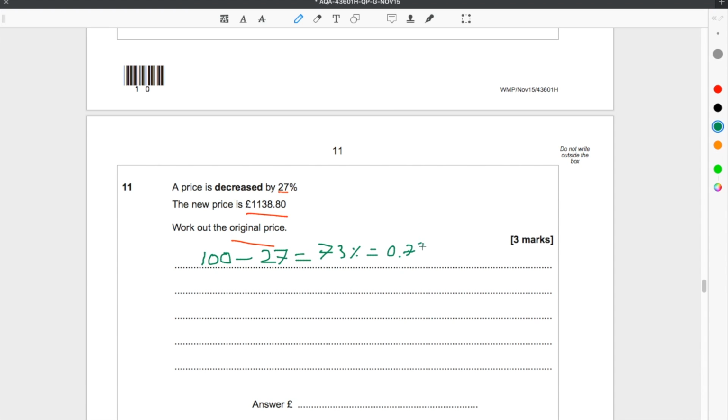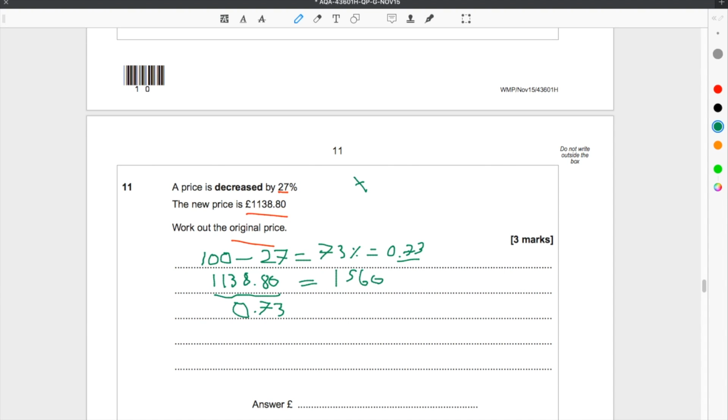So that's our multiplier. In other words, we've multiplied some value, x, by this number to give us £1,138.80. Well, if we've multiplied something by this to give us this, then if we divide this by this, it's going to get us back to our original value. So all we do now is divide the new price, which is this, by our multiplier, which was 0.73. And we have a calculator to do that on. And that gives us